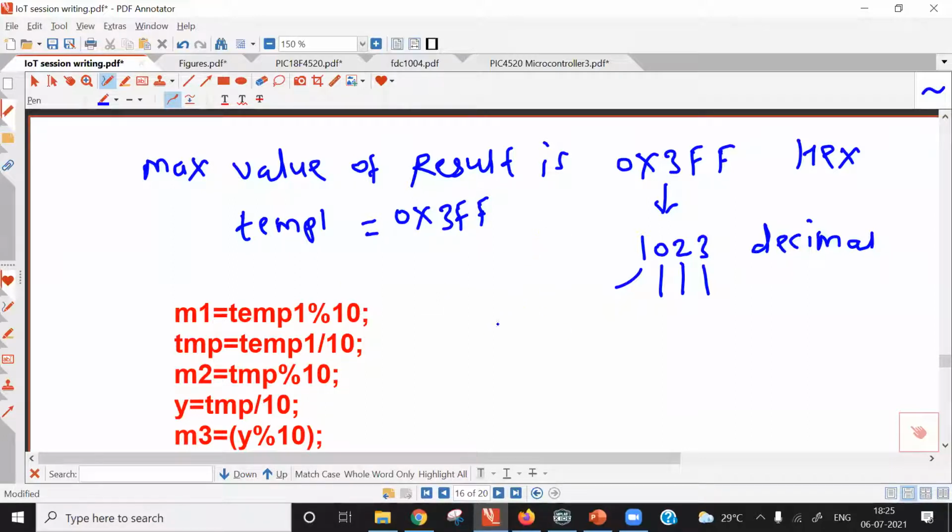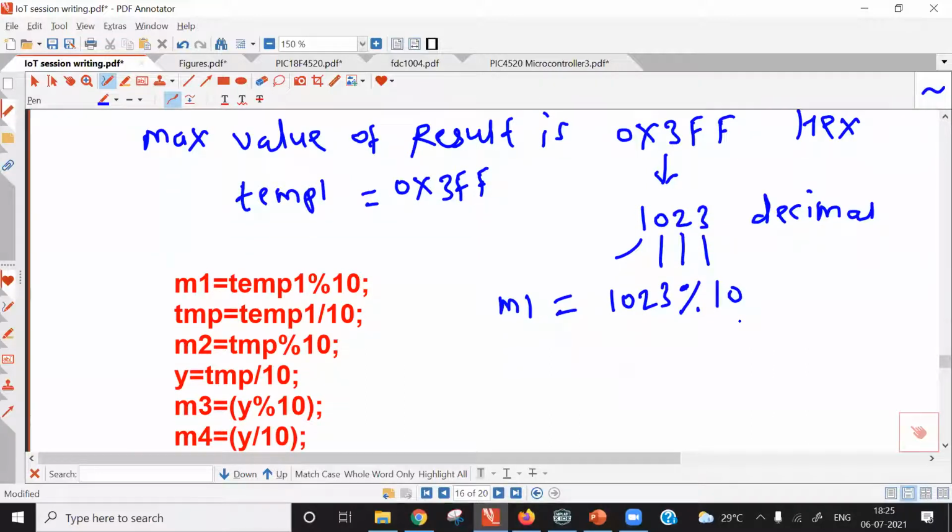So in decimal, m1 is equal to temp1, and temp1 contains now decimal 1023. It is modulo divided by 10. So what is the remainder of this instruction? When you divide any decimal number by 10, maximum value of remainder is 9.